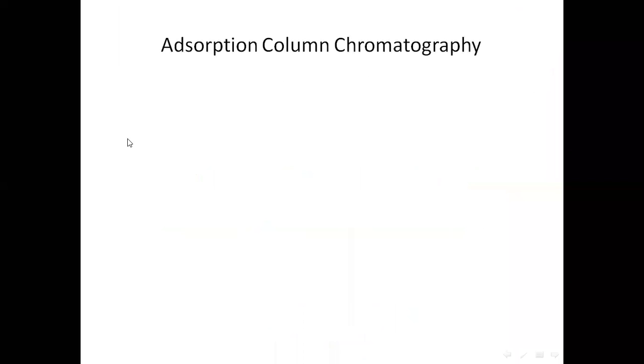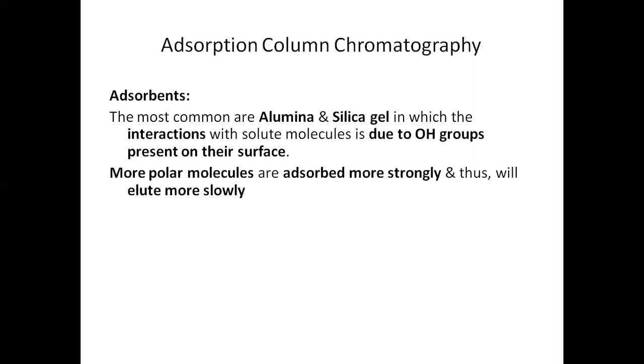So when we talk of column chromatography, the most common type of column chromatography that we undertake is adsorption column chromatography. Now, adsorption chromatography, the name itself tells that the principle involved in this type of chromatography is going to be adsorption. And we have to understand quite a few things and keep them in mind while undertaking this column chromatography. I've already discussed how this process is carried out, but a few things that I would like to point out